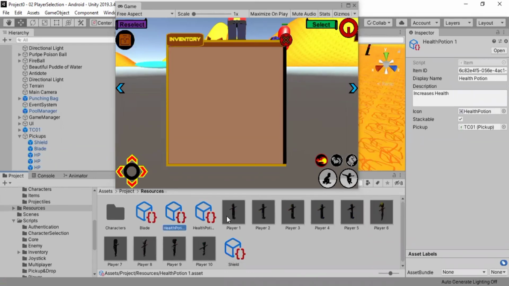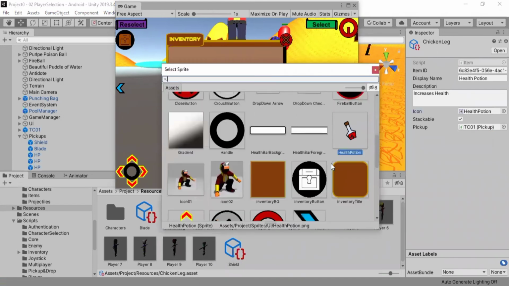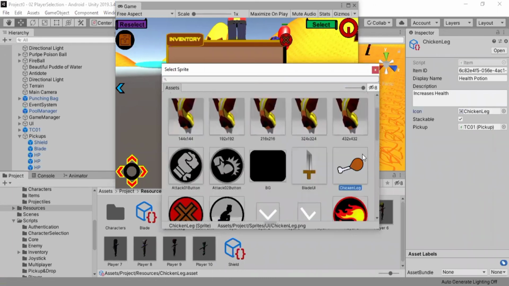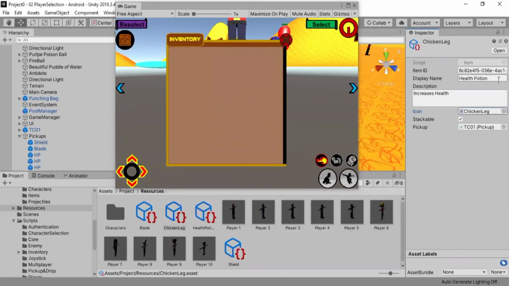Now I am just gonna duplicate this health potion which we have as a scriptable object, and let's say we make one more stackable item. Let's just call it chicken leg, and I kind of made a sprite for the chicken leg over here. Yeah, there it is. So I'm just gonna change the sprite here and maybe the display name as well to chicken leg,